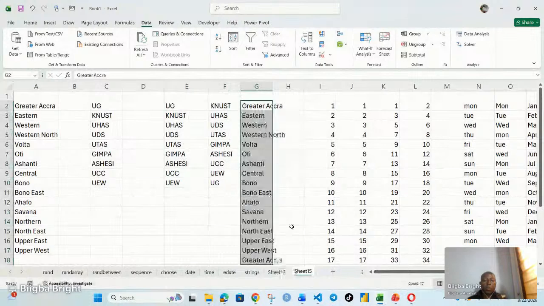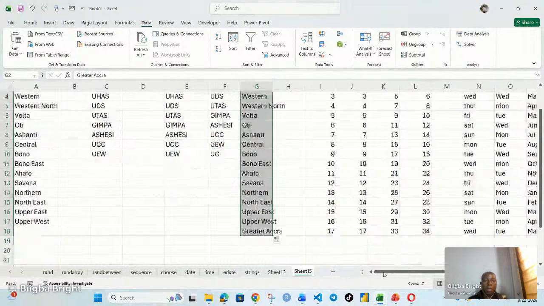This is how we actually work, if you are working with an organization where you have a whole range of items that you have to continuously type, or you have to copy them somewhere and come and paste. No, build a database, a list of the items that you continuously need. So as and when you need just part of it, it's very simple. For instance, maybe I don't need all of this. I just need only maybe UG, University of